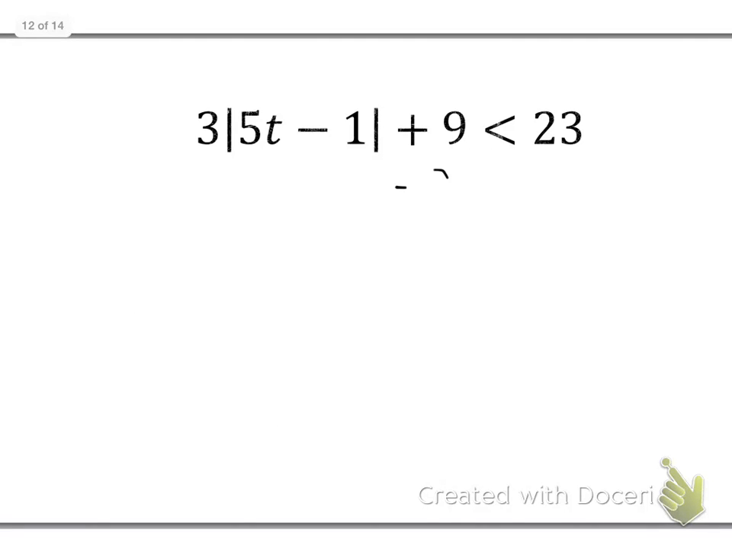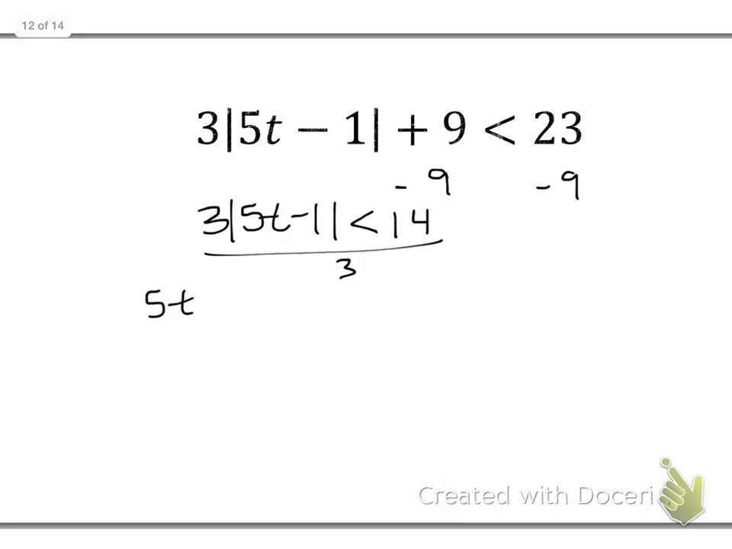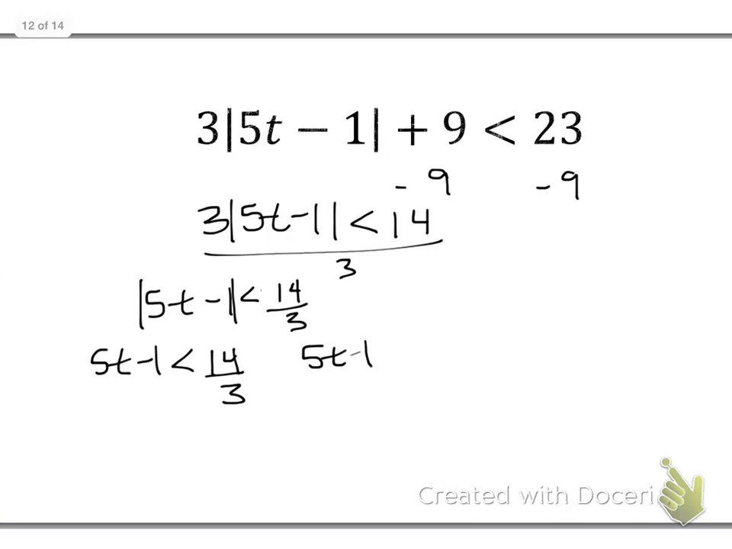Okay, we got to subtract 9 first, get rid of the things not attached to it. And divide by 3, sorry. So I get 14 over 3. We can go ahead and split it, so 5t minus 1 is less than 14 over 3, and 5t minus 1 is greater than negative 14 over 3, so if I add 1 to both sides,